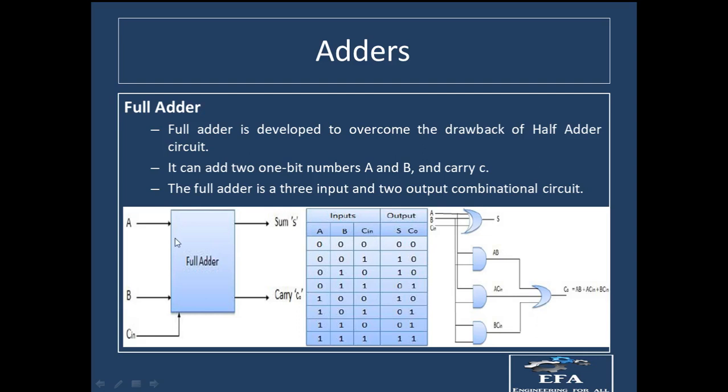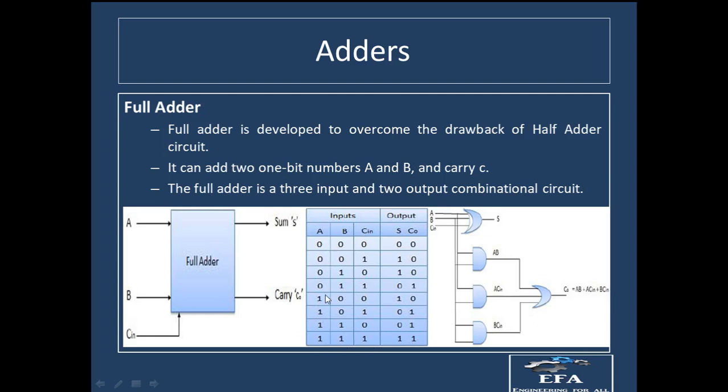When we talk about the full adder, you can see that this is the block diagram of the full adder. We are having two inputs A and B, and C is taken as the carry, as a third input. At the end we will be having two outputs. One will be sum and the second one will be carry. Since we are having three inputs to the circuit, we will be having in total 2 power 3 is equal to 8 combinations. These combinations can be 0 0 0, 0 0 1, 0 1 0, 0 1 1, and so on up to 1 1 1.